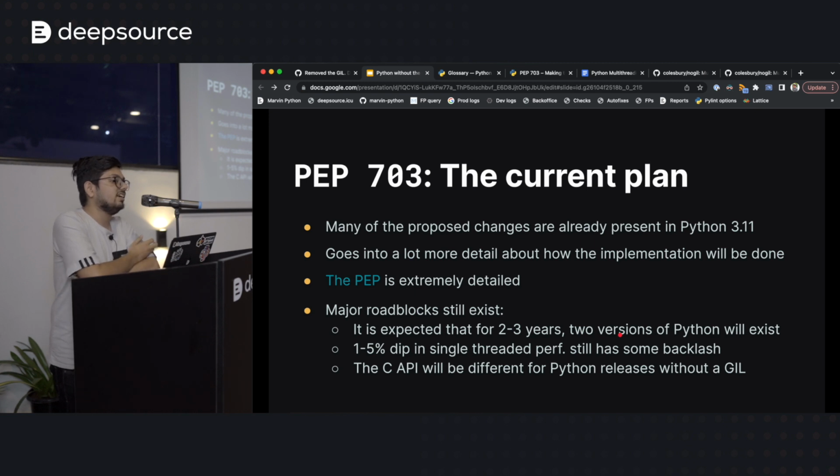Some people are like, hey, I don't care about multi-thread code, let my Python be fast as it is. And the third big problem is for library maintainers of packages that are very important these days, like NumPy, PyTorch, TensorFlow, Pandas, and 90% of things that people use Python for today. The problem here is that the C API that all these packages depend on will have to be different for Python without the GIL compared to Python with the GIL, which means that all these packages will have to maintain two versions of themselves as well, sort of.